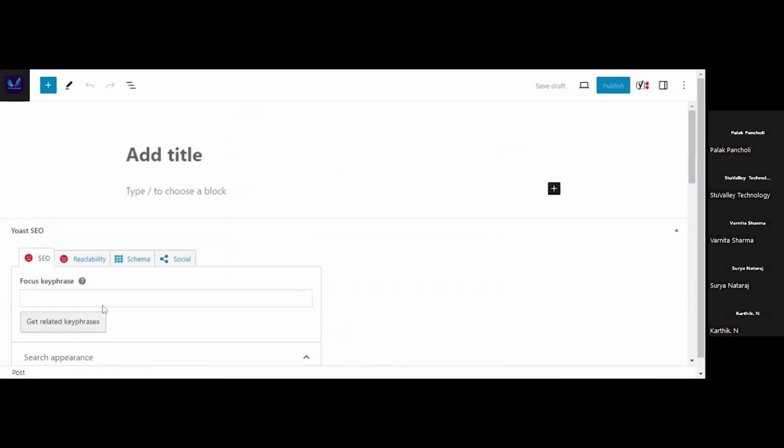This SEO plugin will not be available on the free version. So you have to write the title, the content, headings, and you have to add the images and links to your content. Whatever the elements of on page SEO that we have discussed, all those elements should be present in your content. That is the purpose.